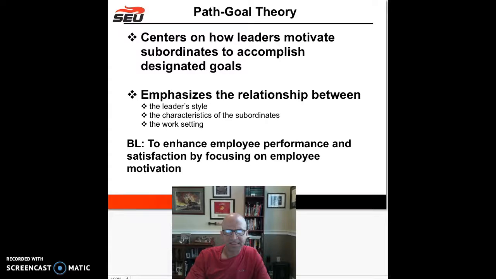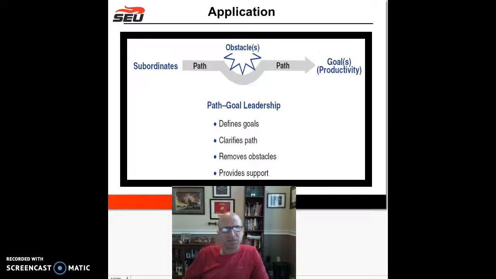Okay, so how is this specific theory applied? Well, it's kind of a path. If you figure that the subordinates are on a certain path or trajectory, he or she is going to come across some sort of obstacles. The obstacle could be personal growth obstacles. It could be knowledge-based obstacles. It could be family obstacles. It could be environmental obstacles. It doesn't matter what the obstacle is, but what the leader does is help the subordinate define